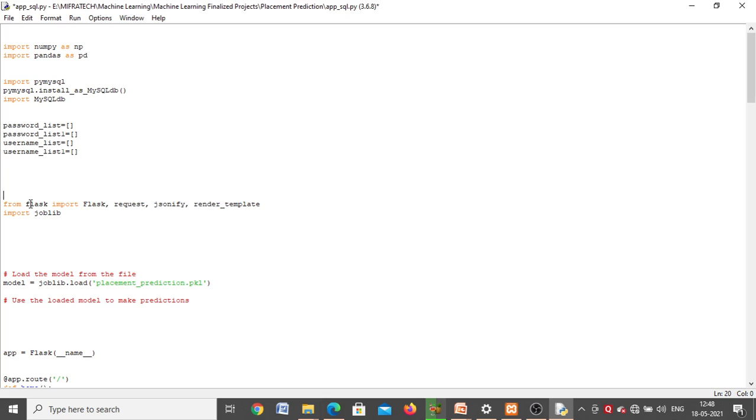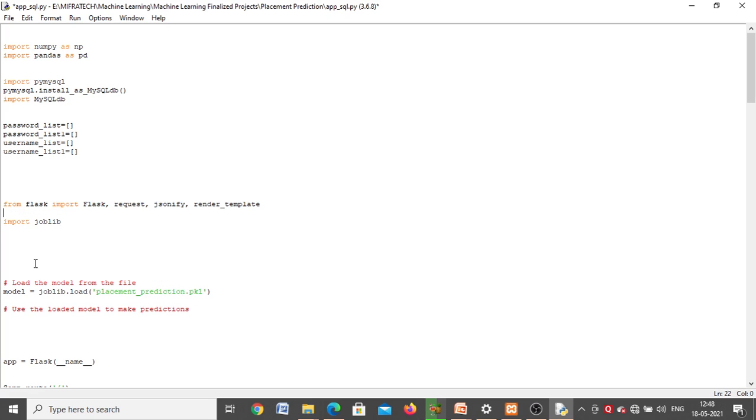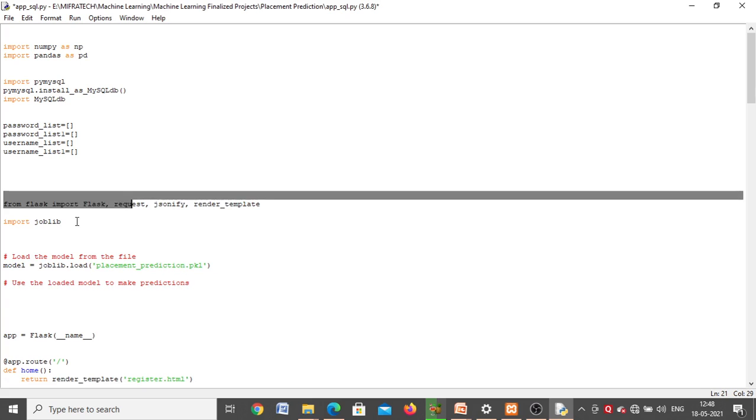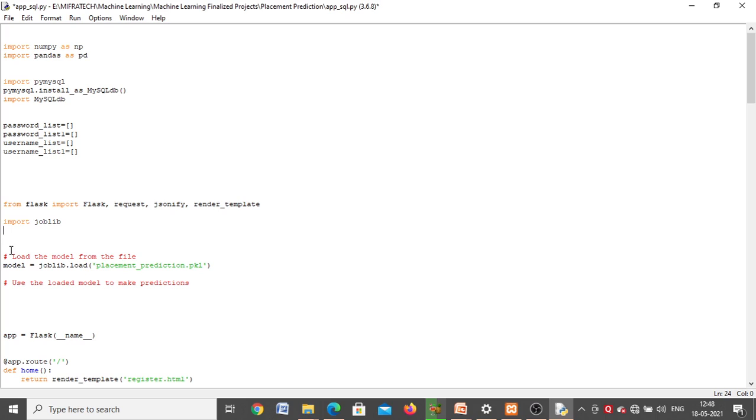So next, from Flask, import Flask, request, jsonify, render_template. So here mainly the front end we are writing with the help of Flask only. So all the different techniques from Flask I'm importing here. So next, whatever the backend code I explained to you already, which algorithm, that is logistic regression